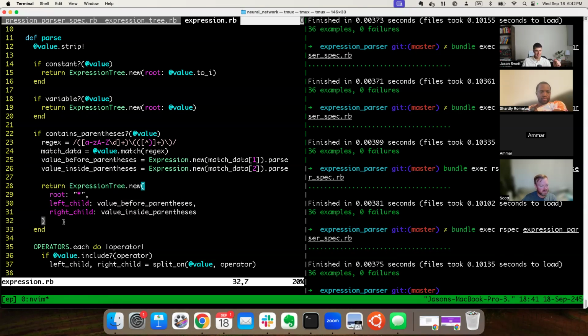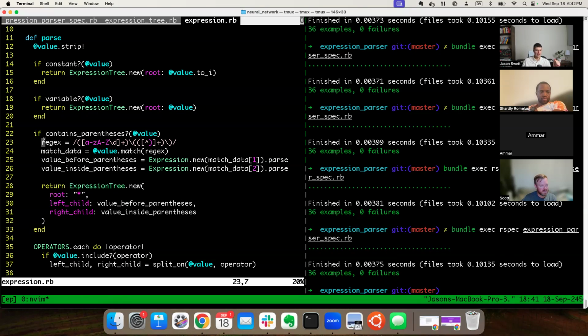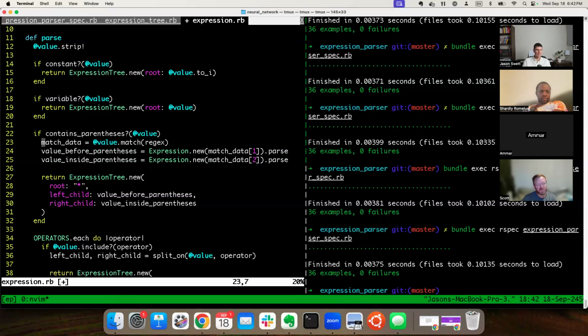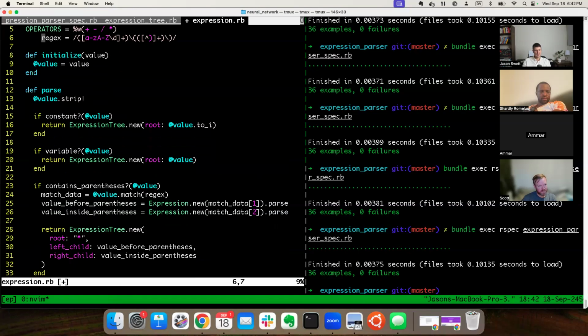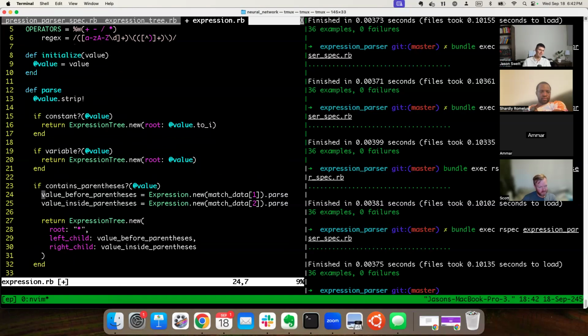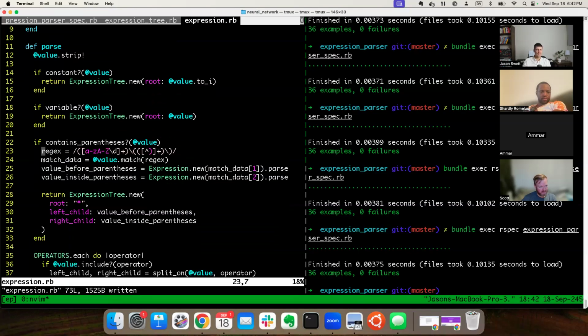I think this part is fine. I can't really imagine how this part could be improved further. It's more this part. One small thing that could be done if we wanted to would be we could move this out of here and up to here into a constant. And that might help a little. And then also, for example, we could move this into a method or something like that. But if we start doing stuff like that,